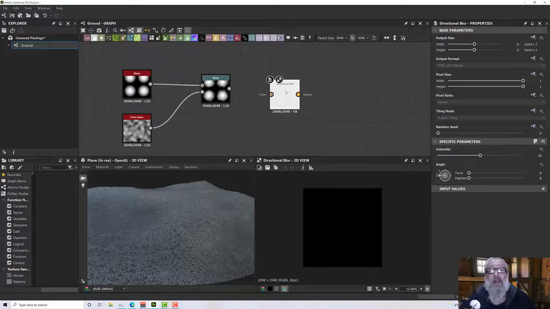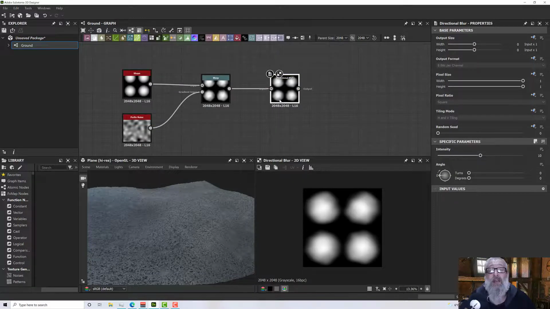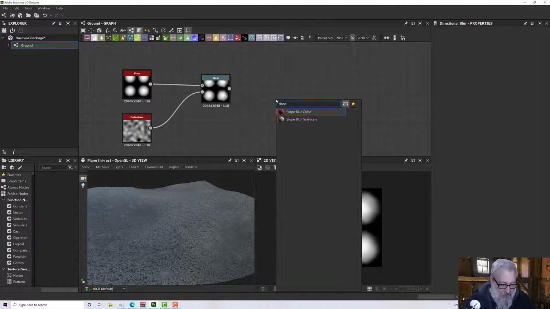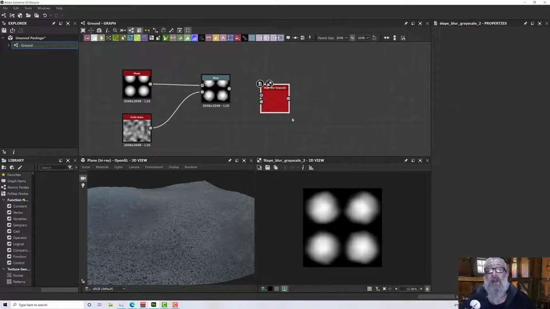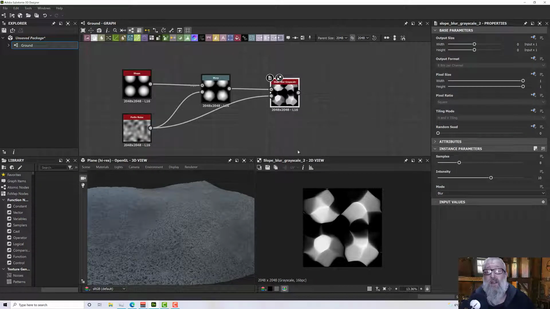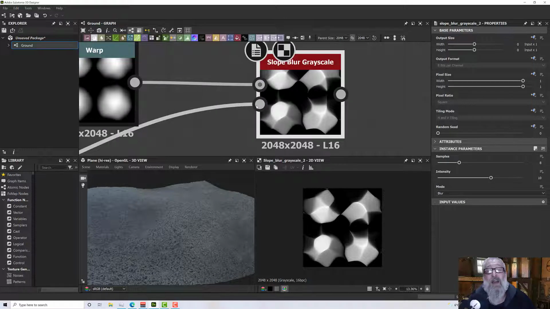There we go, and it's very similar. We're going to plug our output into there. Actually, it's not a directional blur, is it? It's a slope blur. Sorry about that. So slope blur grayscale, and we'll plug our Perlin noise into the bottom one. There we go. Sorry, the slope input, and then the grayscale is our shapes, and now we get this, which